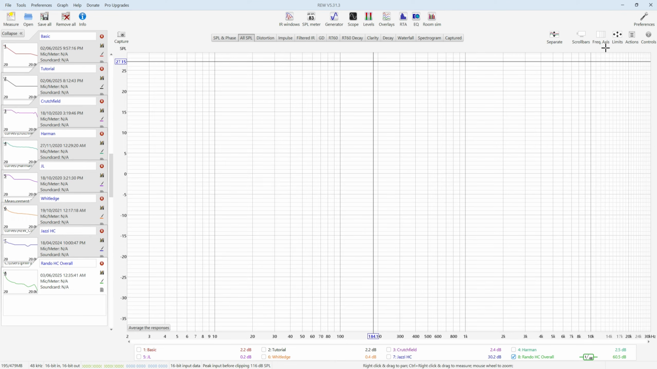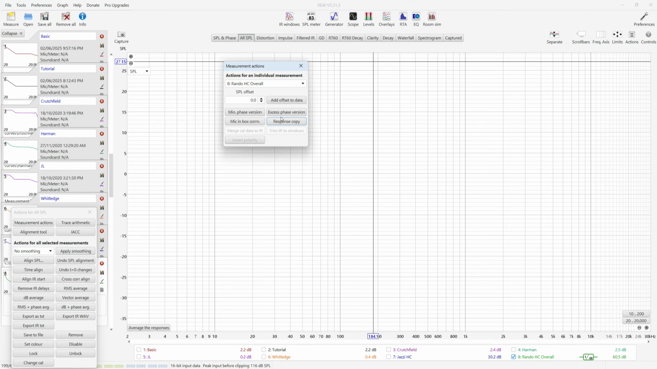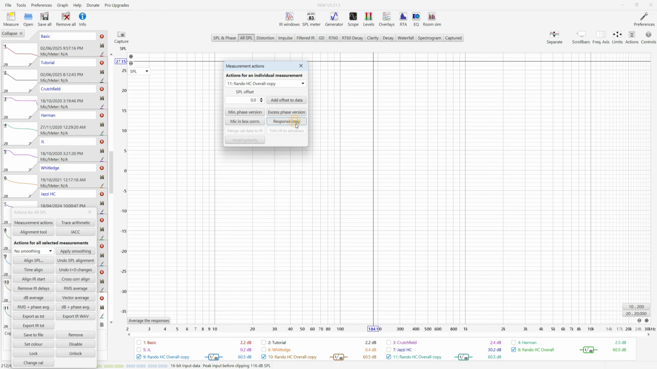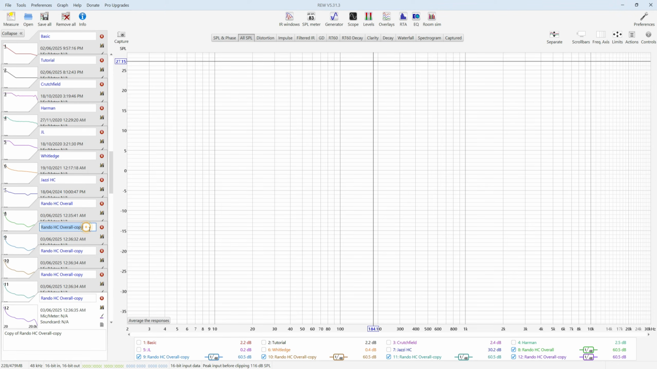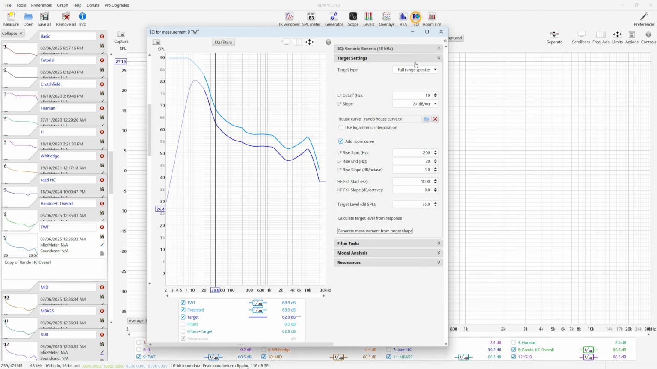house curve. So we're going to select it, we're going to go into Actions, Measurement Actions, and I'm going to click 1 for tweeters, 1 for mids, 1 for mid bass, and 1 for subs. Alright, and now I can just call them tweeters, mids, mid bass, and subs. So we're going to now use these copies to create the actual speaker target curve. So with tweeters, we're going to go up into EQ,